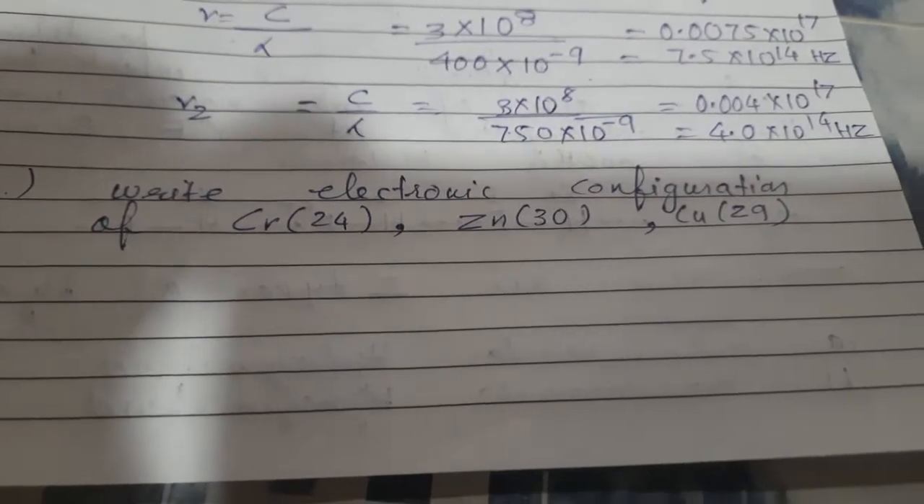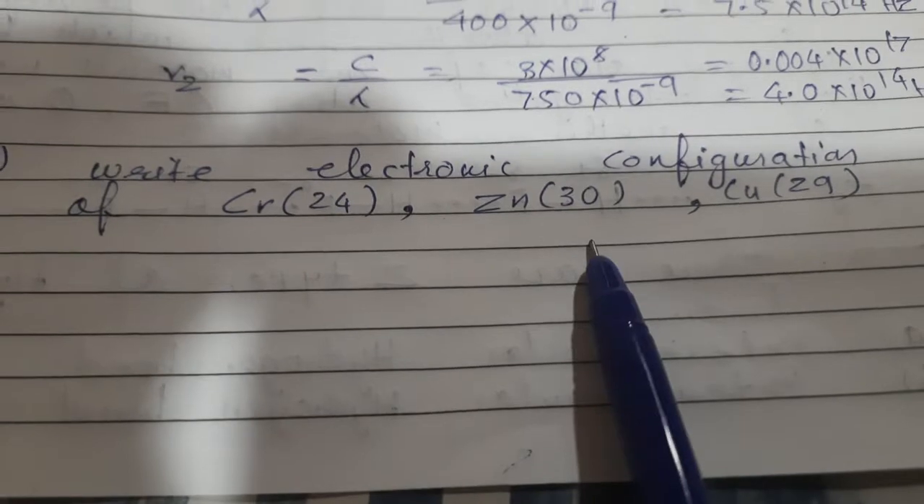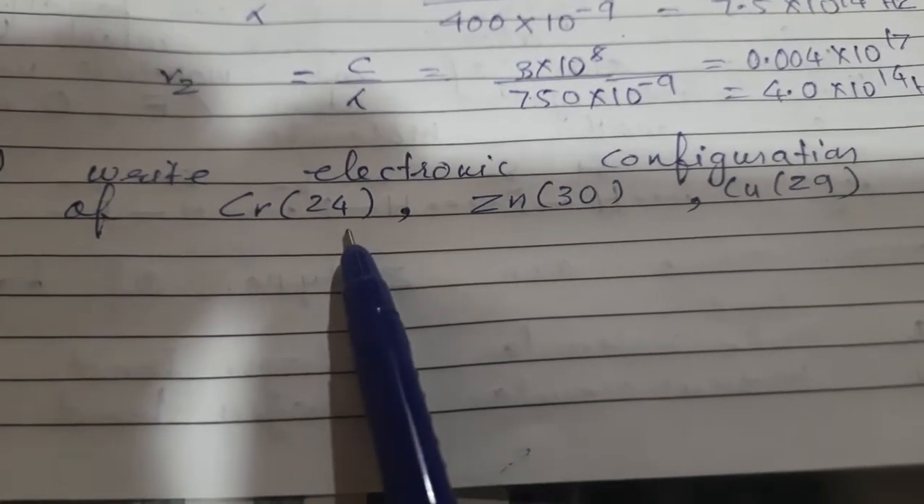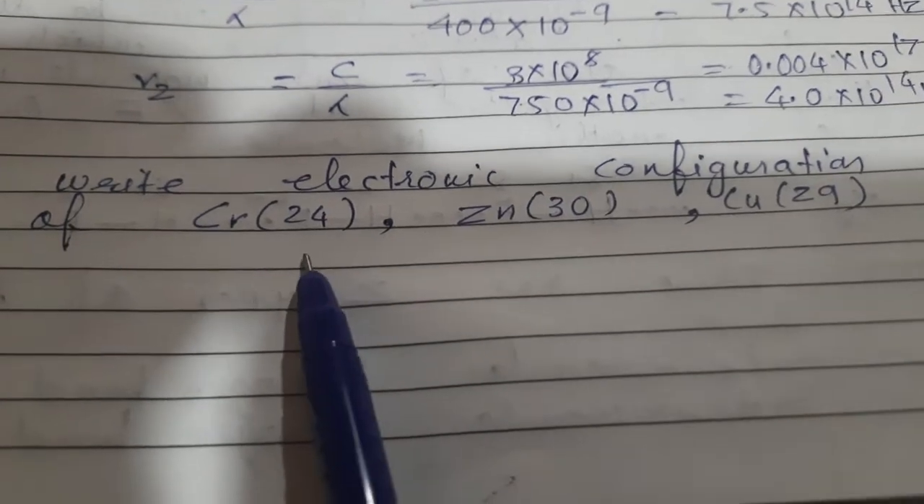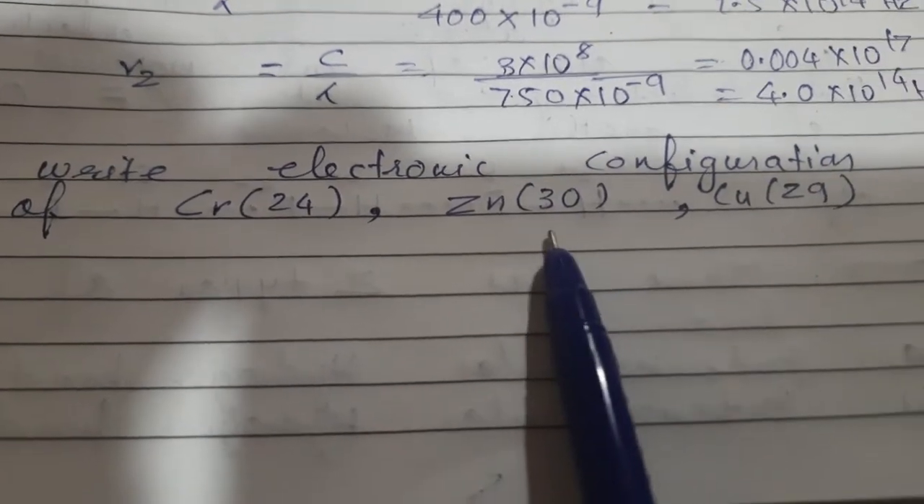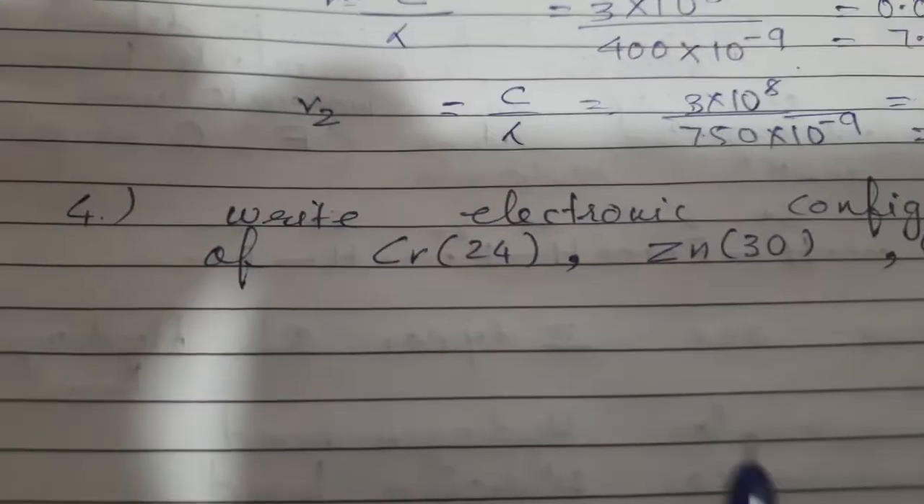Next question is, write the electronic configuration of chromium, zinc and copper. Atomic number of chromium is 24. This we have to remember. Till 50, all the atomic numbers with the elements we will remember. Zinc is 30 and copper is 29. So let me show you how to write chromium. We will write here